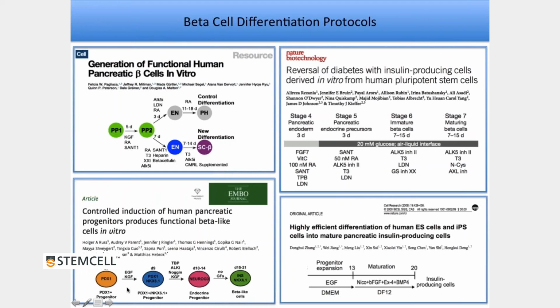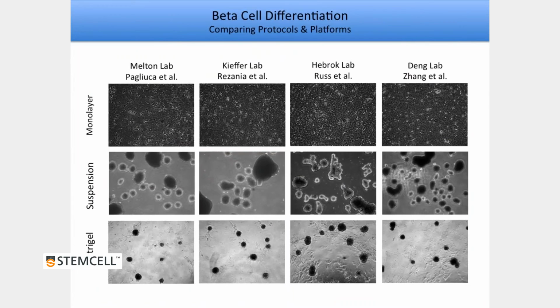So obviously I didn't go back to the start with these protocols. I introduced my cells at the PDX1 positive progenitor stage. And in the first instance, I essentially just looked at the first transition, which leads to the upregulation of NKX6.1. So to determine which protocol was best able to reactivate NKX6.1, I compared each of the 4 protocols